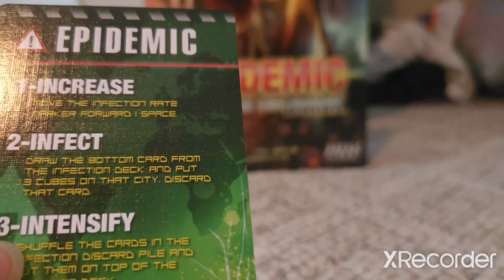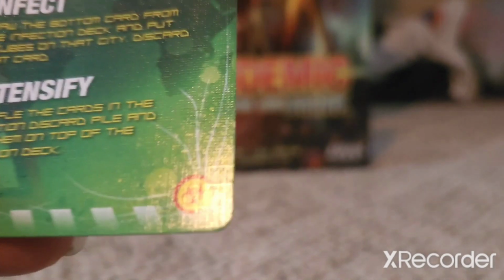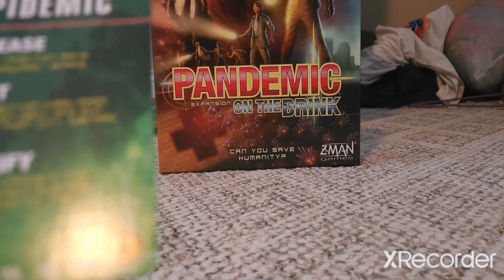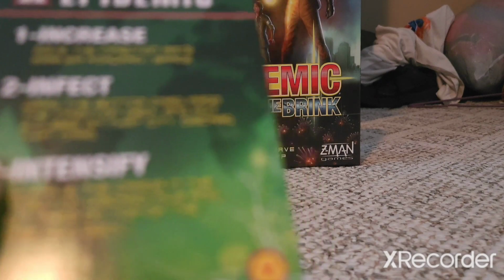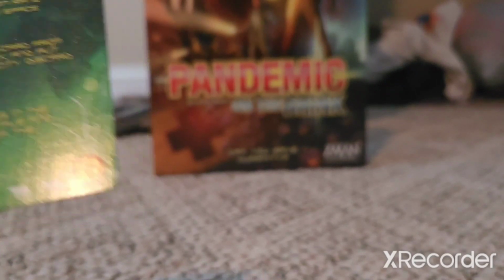know in order to separate On the Brink from the rest of your Pandemic experience is that this logo here is the symbol for On the Brink. Most of the new cards and the new roles that exist inside of On the Brink are going to bear this logo. So if you don't want to play with On the Brink, you want to separate it from the rest of your games, just look for that logo, and it makes it easy for you as far as differentiating